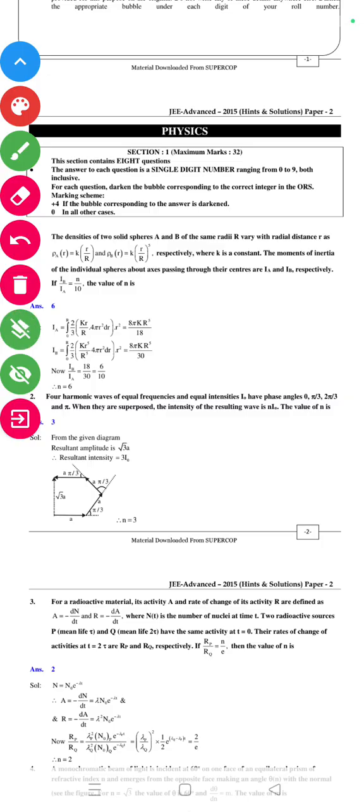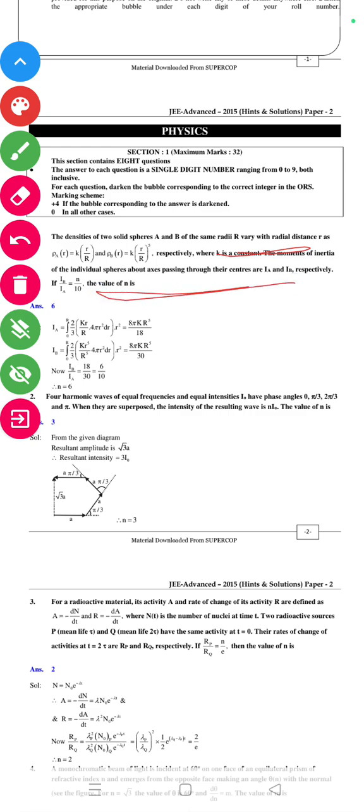The density of the two solid spheres A and B of the same radius R vary with the radial distance r as rho A(r) equals k r by R and rho B(r) equals k (r by R) to the power 5 respectively, where k is a constant. The moment of inertia of the individual spheres about the axis passing through the center are IA and IB respectively. If IB by IA is equal to n by 10, the value of n is